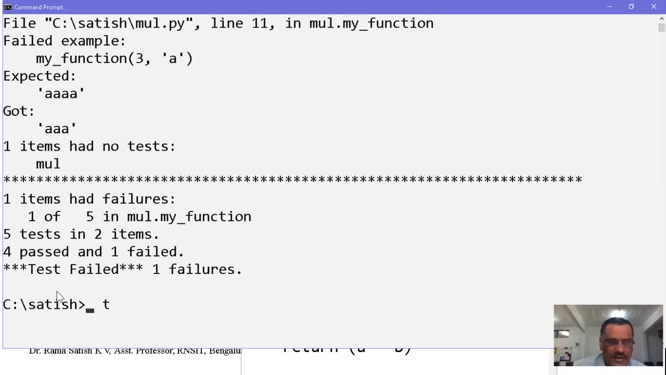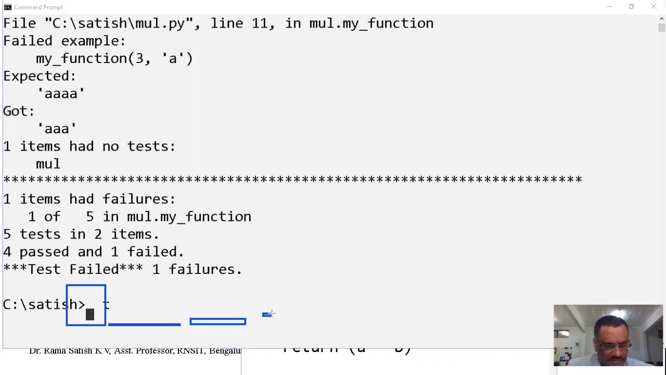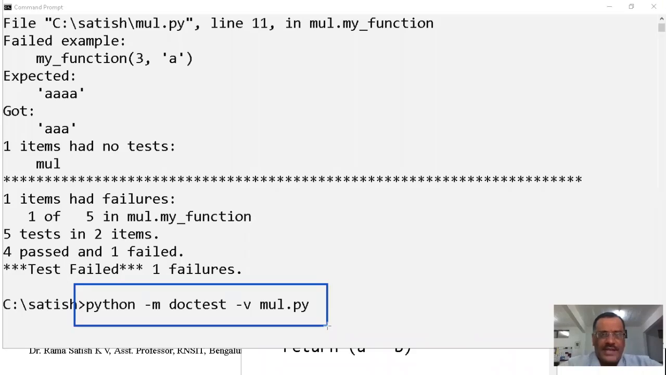So remember the instruction. This is the instruction that you should never forget. Please write down. And in today's assignment,